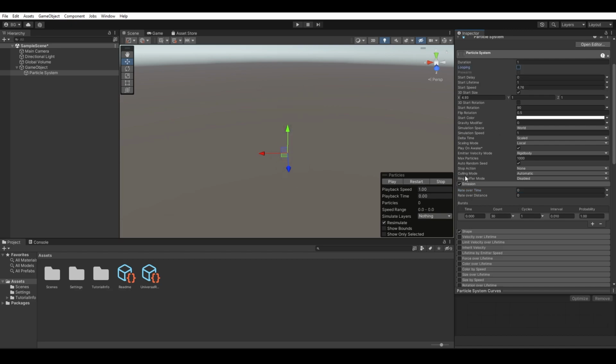If I don't set this to loop, then I have to manually do it. I'm hitting the restart button every time. But a nice thing about bursts is that it's not waiting 1 second for the particle system to play. So if I didn't have this looping and I was emitting 1 particle over time, as soon as I click restart,